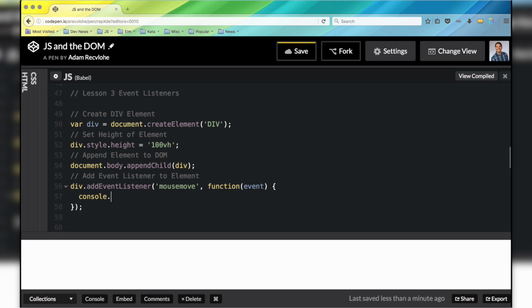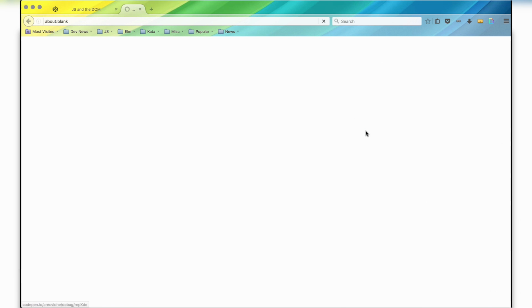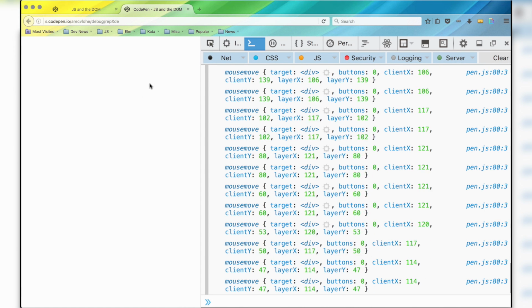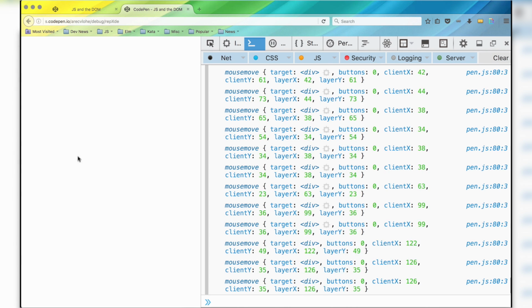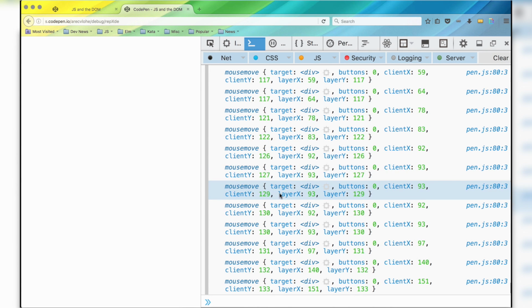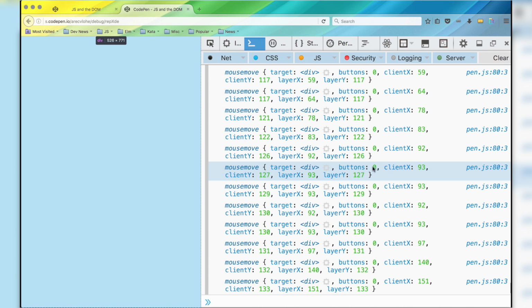So if you want to visualize what this looks like, event is just a regular object. If we console.log it, then go over here to change view and go to debug mode, we can right click, inspect element, and click on the console tab. Every time I move my mouse over the DOM, it logs out some information in this object. So what we have is a target, buttons, clientX, clientY, layerX, and